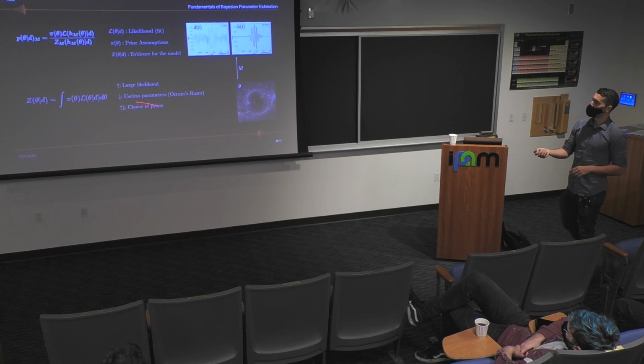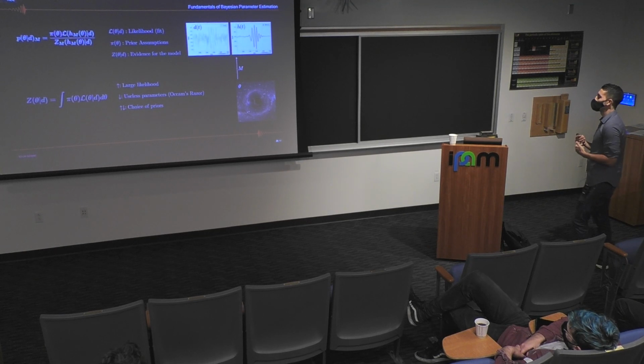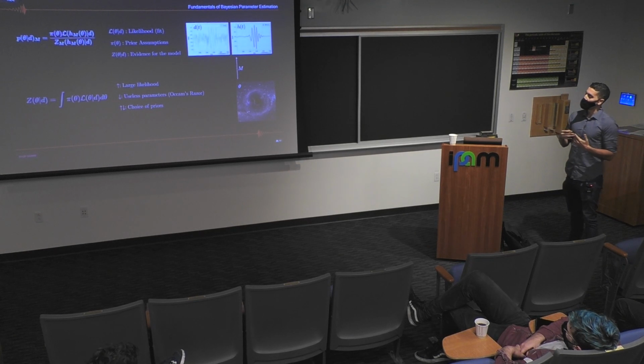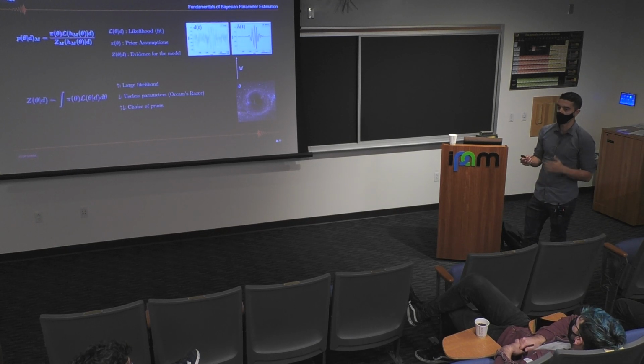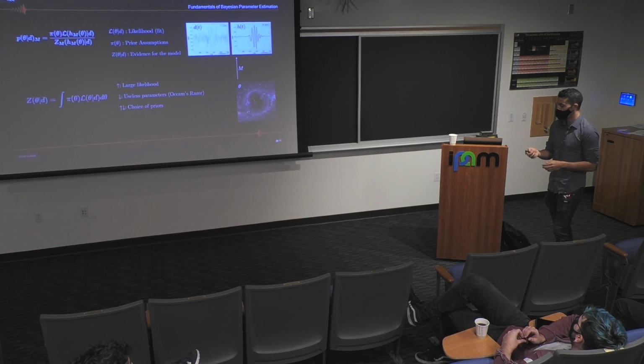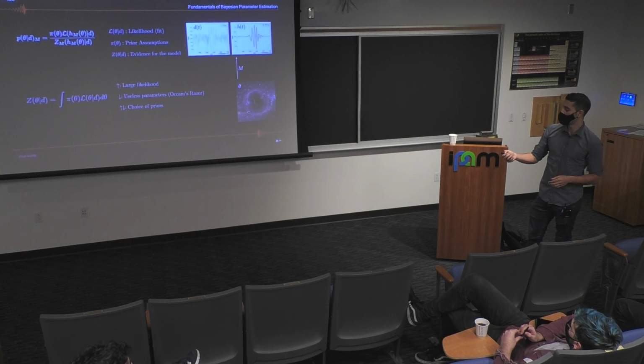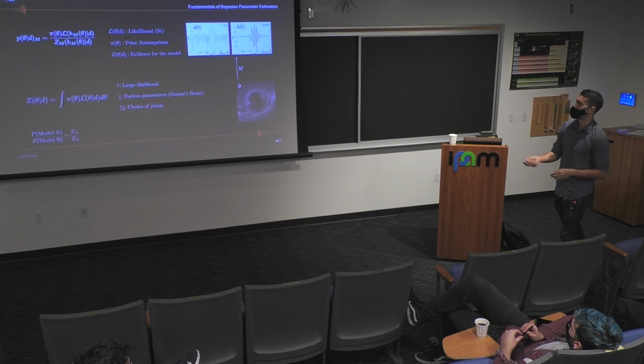And of course, your choice of priors. If your priors are down-weighing regions of the parameter space where the fit is actually good, then your evidence is going to go down. And if your priors actually favor regions of the parameter space where your fit is good, your evidence is going to go up. I will get back to this in a few slides.